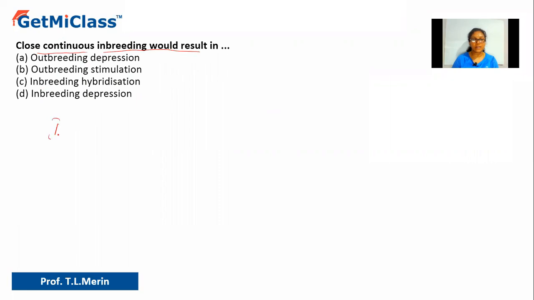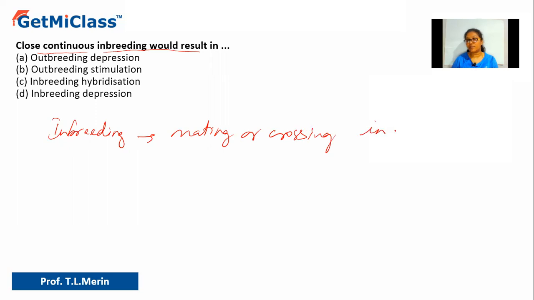So what do you understand by inbreeding first of all? Inbreeding means, as the name indicates, within a breed. So you can say mating or crossing individuals of the same breed is called inbreeding. Same breed for several generations. If you keep doing it, if it is continuous, if it continues,